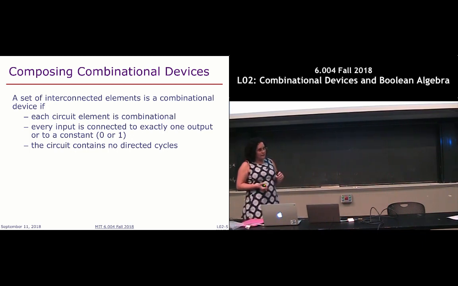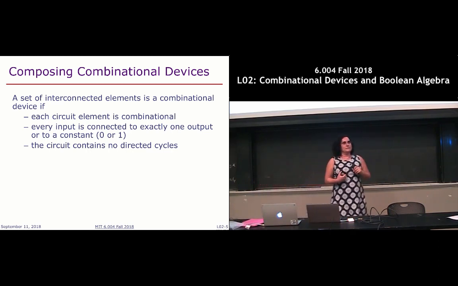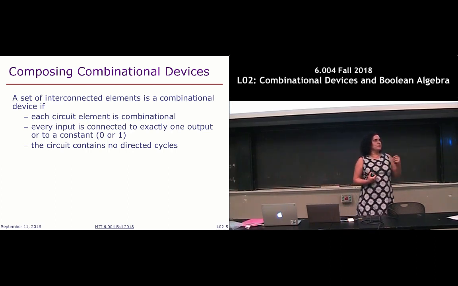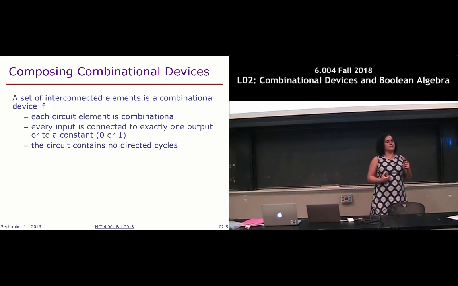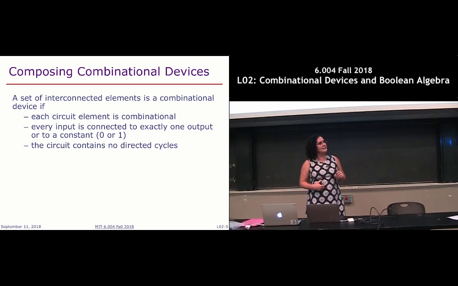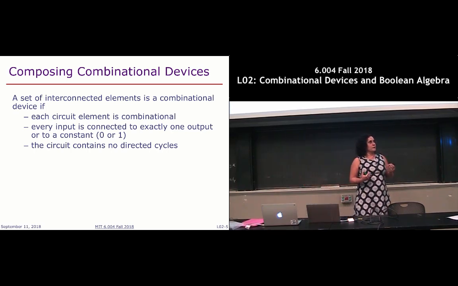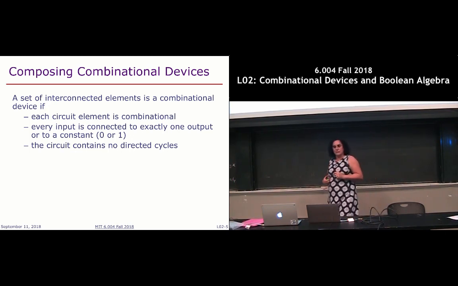In order to do that, we have to make sure that, first of all, each of our sub-elements is itself a digital device. We then have to make sure that when we connect these pieces together, any input can only be driven by exactly one source. Okay, so either it's driven by the output of another digital device, or it's driven by a constant 0 or 1 value. And finally, our circuits, when we compose them, cannot have any cycles in order for them to be valid combinational